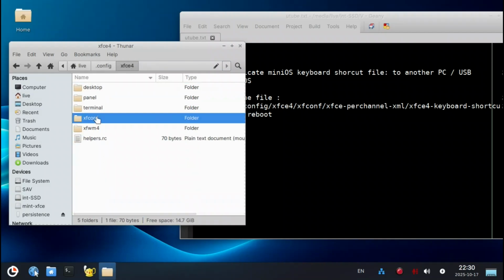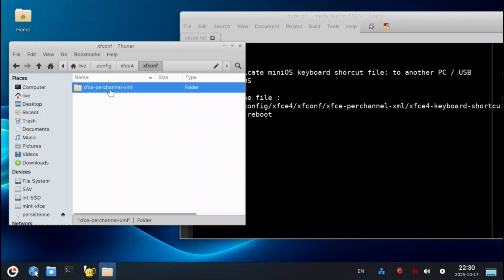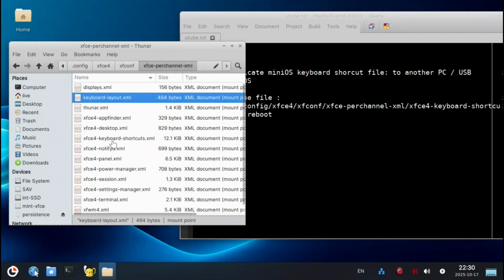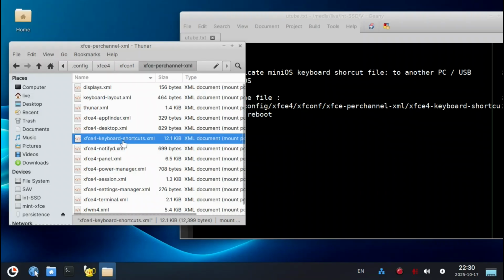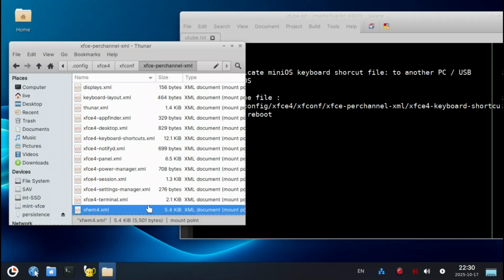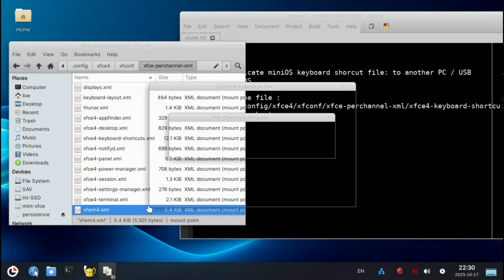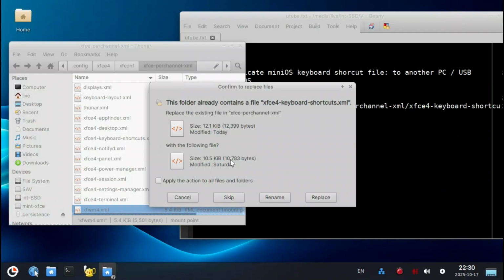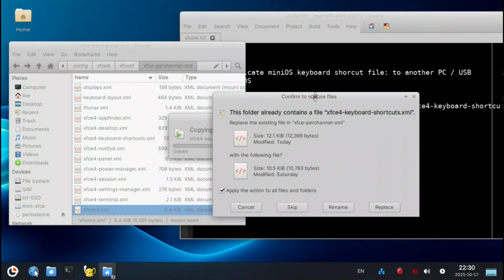xfce4, xfconf, and channel, and then here is the file that needs to be overwritten. So right now it's 12.1 KB, and we're just going to paste it in, Control V, and then yes, we want to replace it. So we'll just go ahead and let it replace, and then it's going to have a